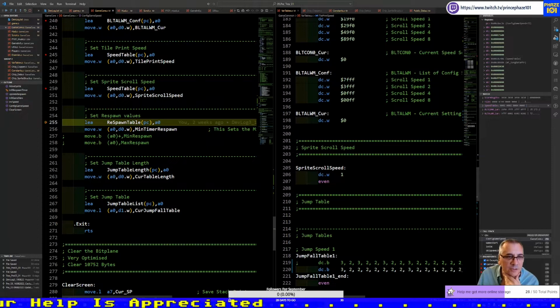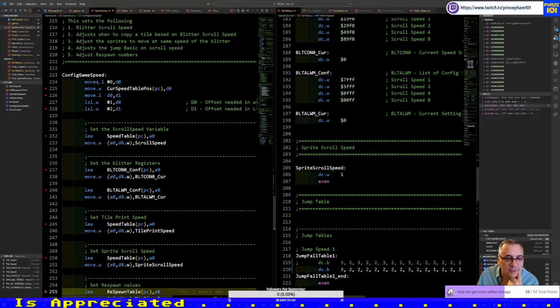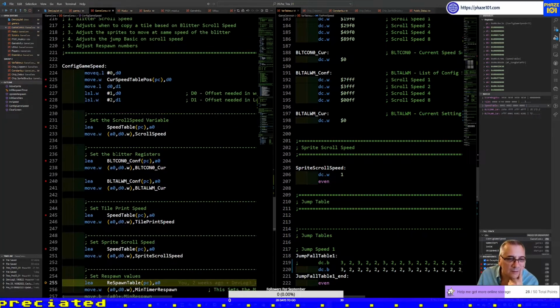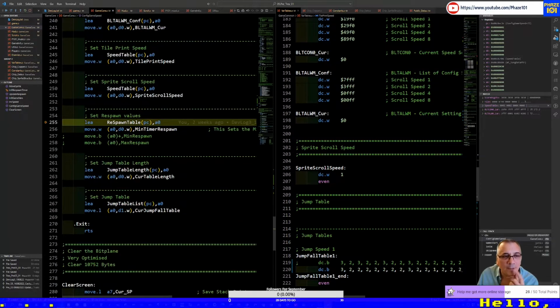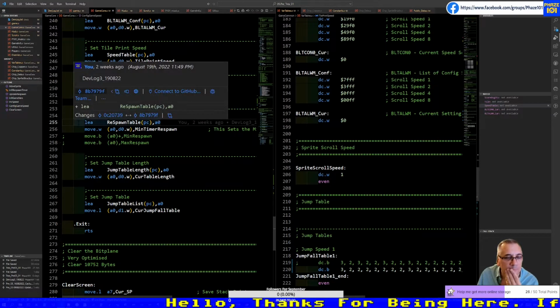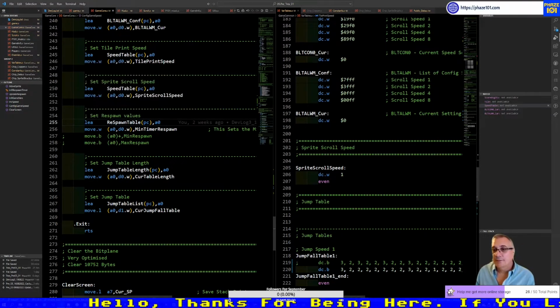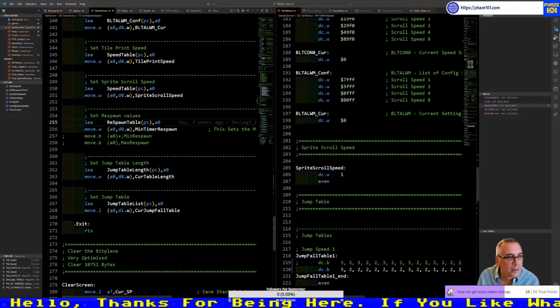This is for the jump system. So the values of the splitter are correct here for speed number 2. It didn't help me. Normally the debugger is very helpful.